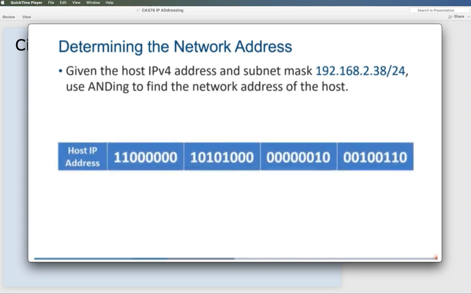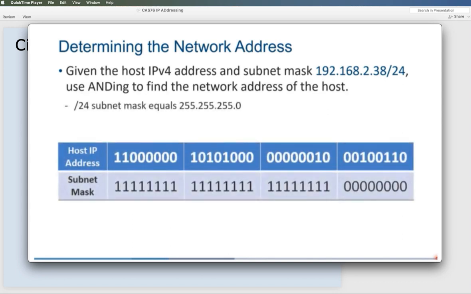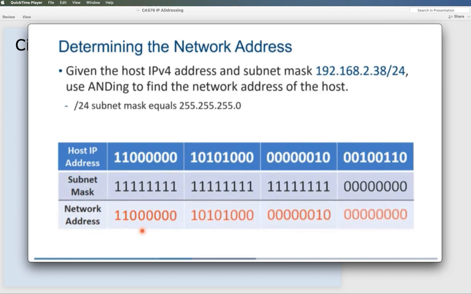Here's the host IP in binary. Here's the subnet mask in binary. If we compare them bit for bit, we can see that a 1 and a 1 results in a 1, a 0 and a 1 results in a 0, and so on until we have compared all 32 bits.